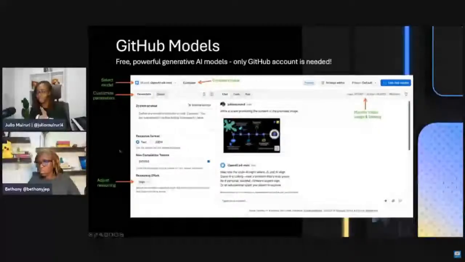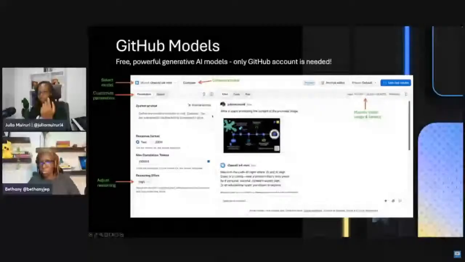And as you can see on GitHub models, you're able to have access to several models. You have a very rich and diverse catalog to choose from, with models from different providers: OpenAI, Mistral, Google, Microsoft Research. So you're able to experiment with a variety of models. What I also love is that you can come in and play around with the parameters and change the different settings. You can adjust the reasoning effort if you're working with reasoning models. So I think this is a really good starting point for you to get real hands-on with how these models work and what you need to do to ensure you're getting your desired output.